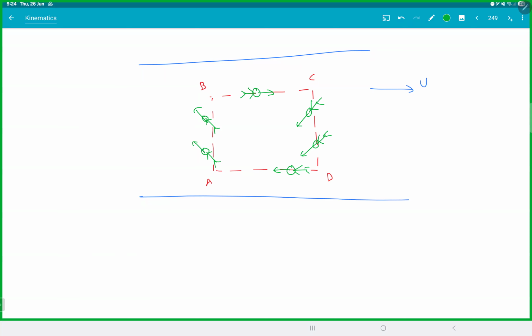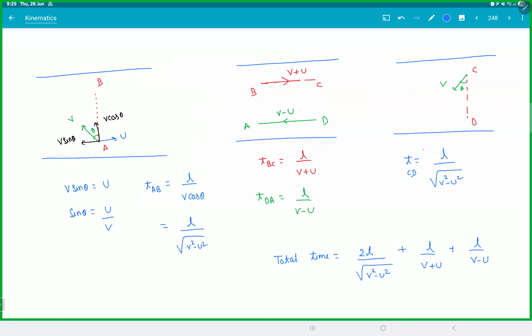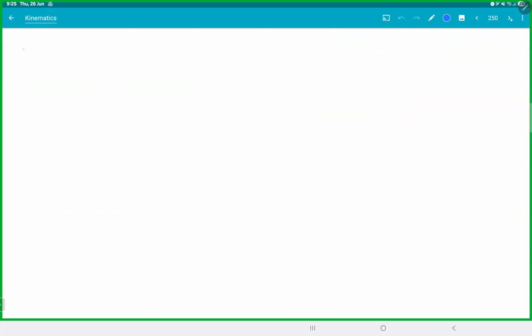So this is what I was saying. You're looking somewhere else, but you're going somewhere else. That is because of the river's drift. Any doubts on this? So each section, AB and CD are case 2 and the other 2 sections are case 1. Case 3,